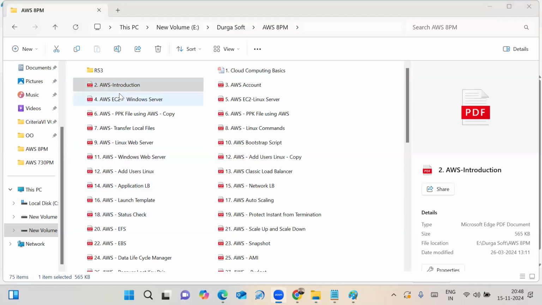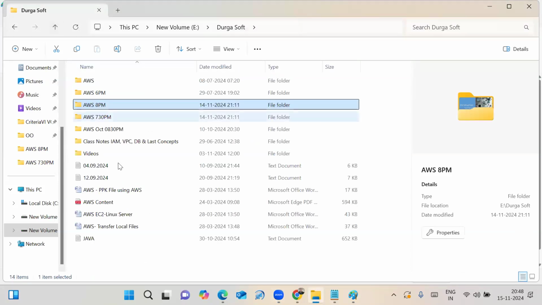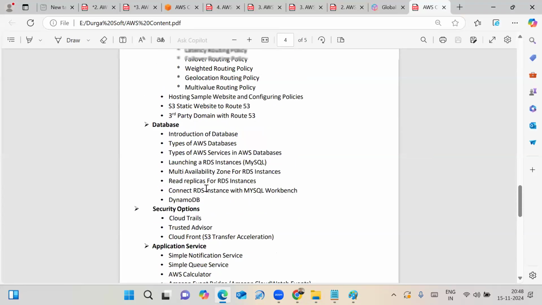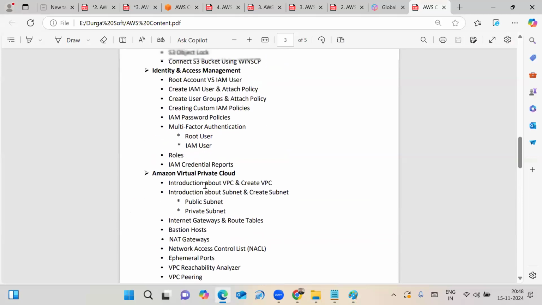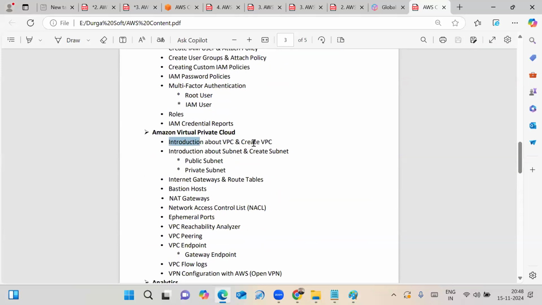I can mention the curriculum also. I have to mention the syllabus. See here: introduction to the virtual private cloud, how we can create the virtual private cloud, what is the subnet, how we can create the public subnet, how we can create the private subnet, and how you create the internet gateway and route table, how we can launch the web server in the public subnet, how we can launch the database server in the private subnet, and how you can connect to the database server in the private subnet.